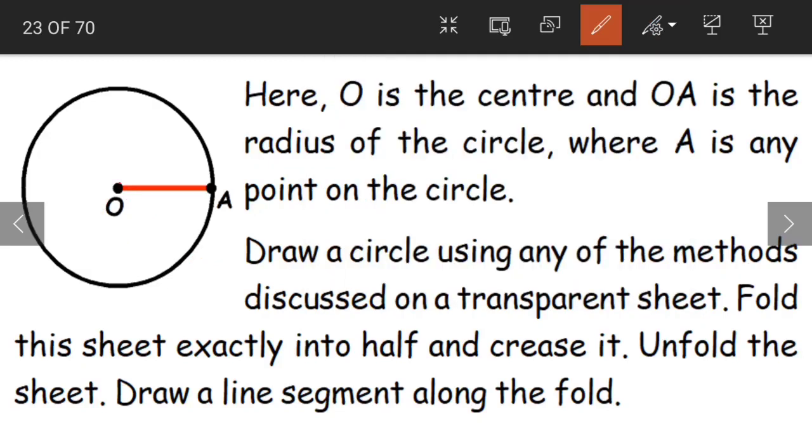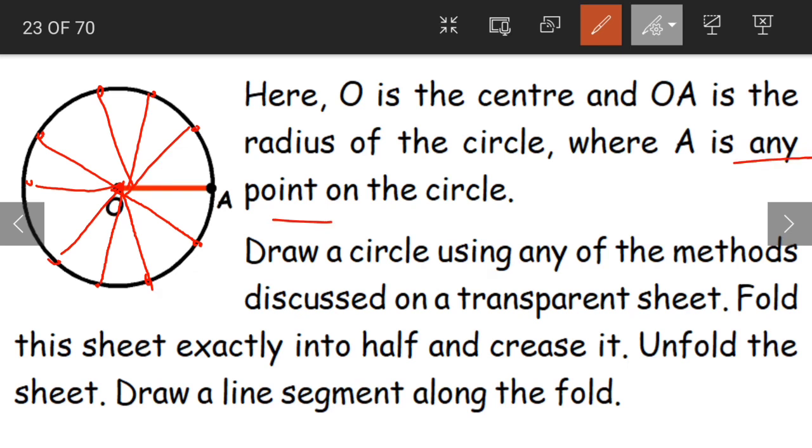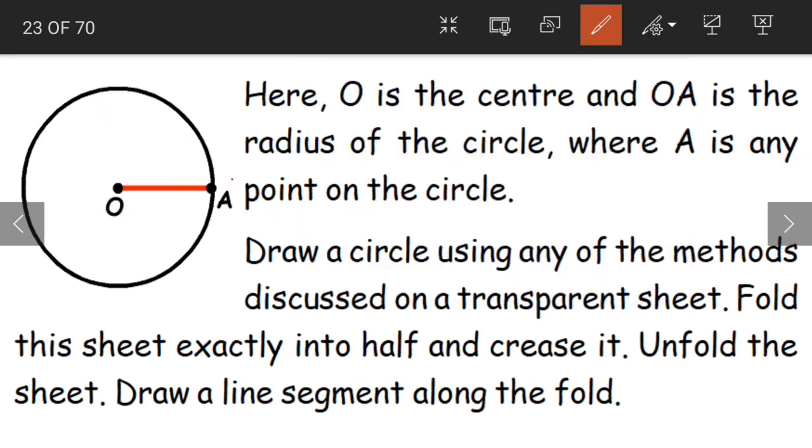Now coming to radius. From the center, when we draw a line joining any point on the circle. See, I am drawing so many points on the circle. Now from the center, when I join any point on the circle, from the center to the point on the circle, all these are nothing but radius, children. What is this? It is nothing but the radius of the circle. Yes, A is nothing but any point on the circle. It can be any point. There is no rule that only the point here will be the radius of the circle.